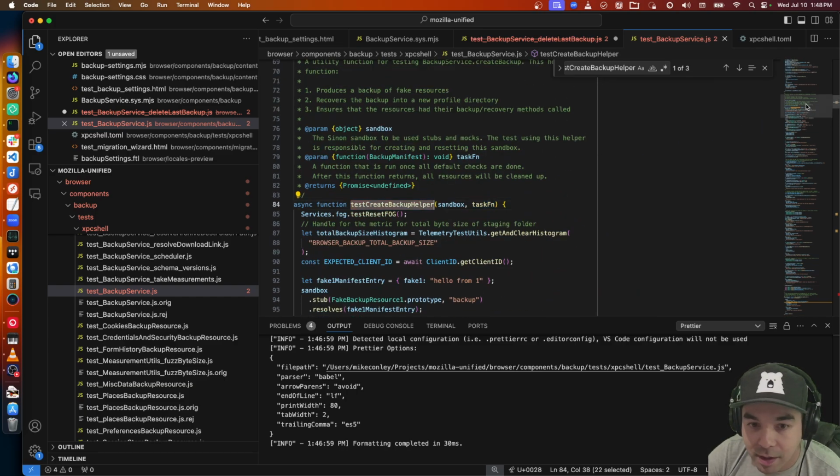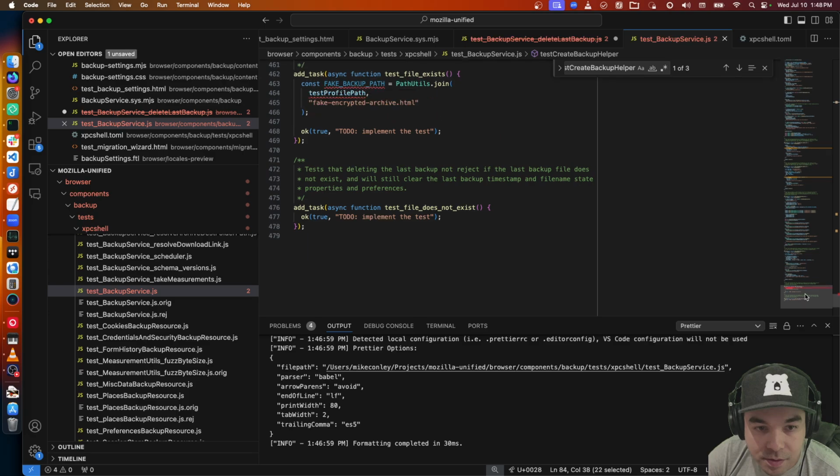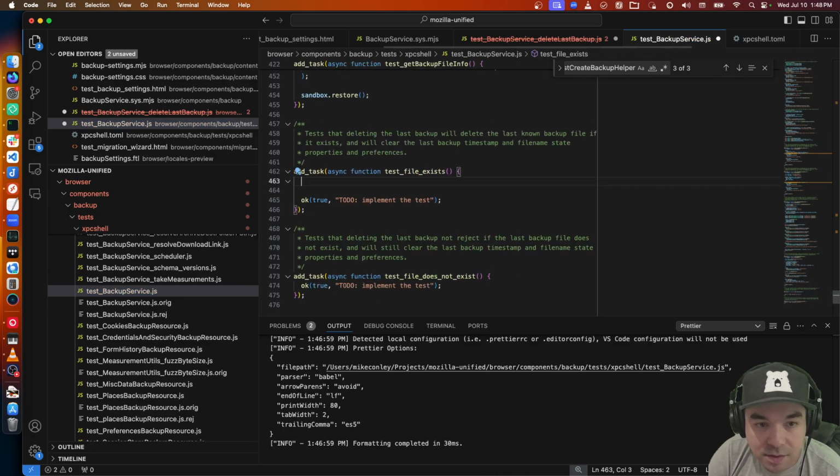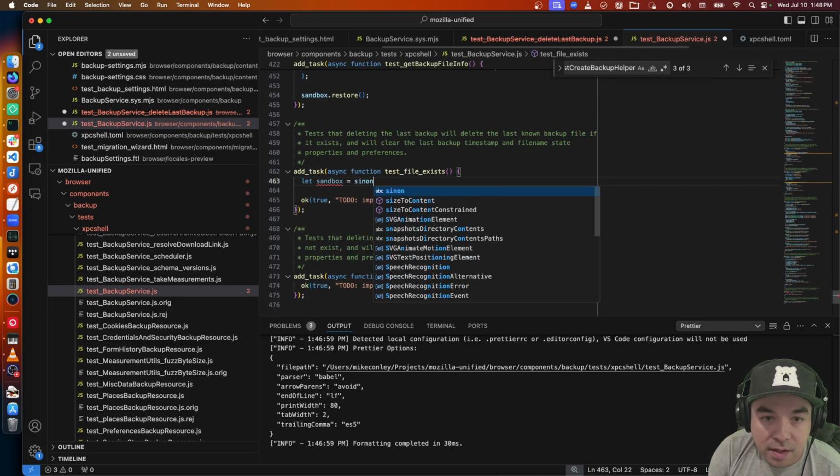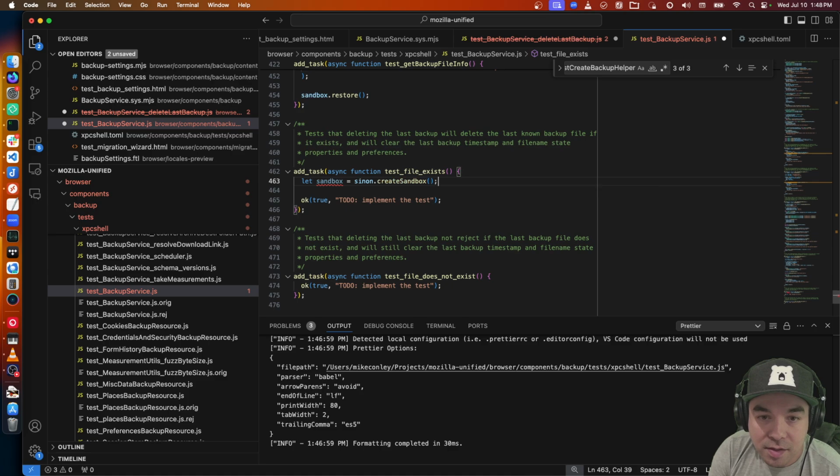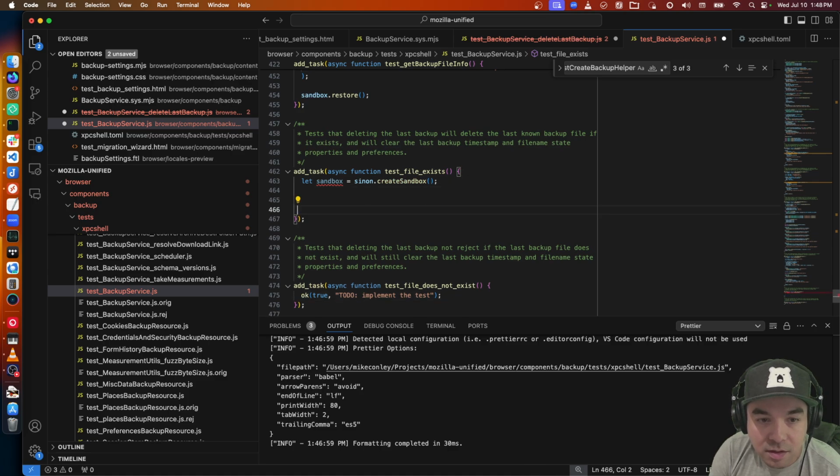Test create backup helper. So we'll create a sandbox. Sign on, create sandbox. Sandbox. Store, and then